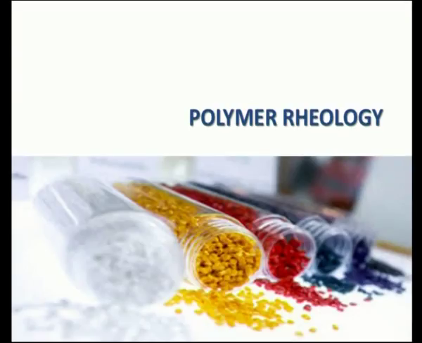What is meant by polymer rheology? What is meant by polymer? Poly means many and mer means single. And mer here refers to what we call monomer. When a number of monomers are joined together, the process is what we mean by polymerization. We get a polymer. All the important properties of polymers are due to this. And rheology means science of deformation and flow.